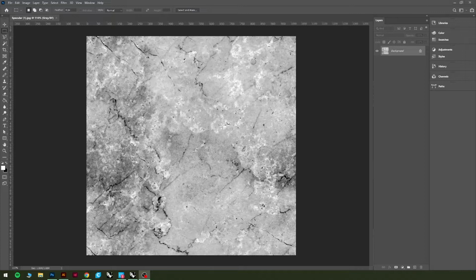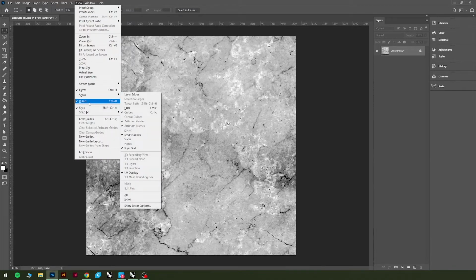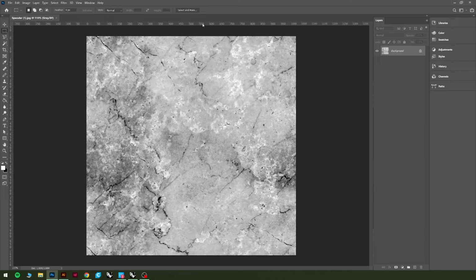So I'm in Photoshop right now and I've got this seamless rock texture which you can find on Carmen. There's a bunch of different options. But I'm only in Photoshop just because I want to show you this neat little feature, which is that if I have my rulers turned on here, you can see that I've got an over 1000 by somewhere 1000 pixel image. And you can find this out a little bit more precisely and then also understand what that